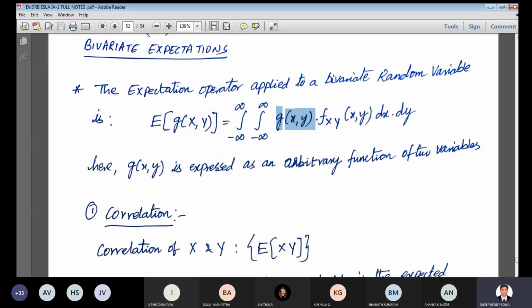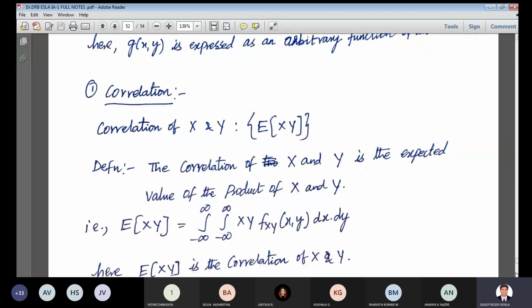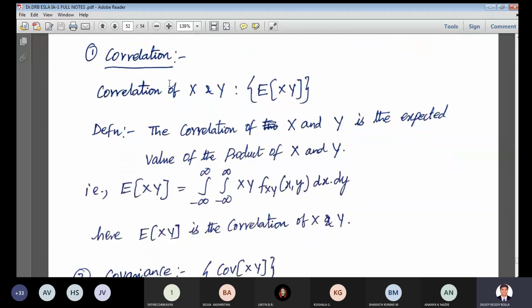If you write there x cube plus y square, then g of x comma y will become x cube plus y square. Whatever you mention here is going to come here, so that we can find the expectation of the bivariate random variable. When you want to find the expectation, you need to know some things: correlation, orthogonality, and independence. So correlation is what we are trying to see today. The correlation of x and y is given by